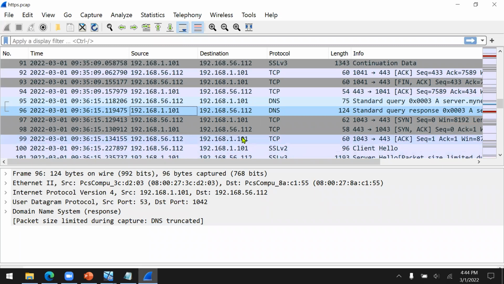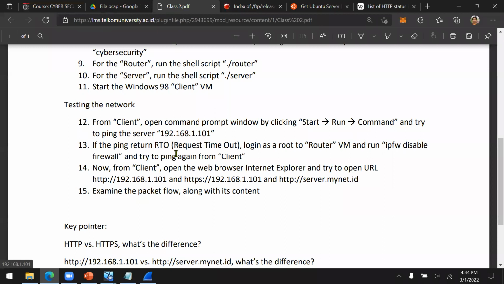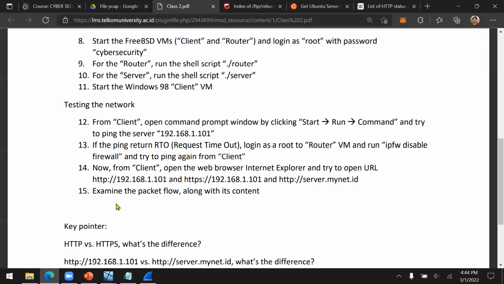Now, we already discussed HTTP, so we already finished this one. We already discussed ping, and we also discussed how HTTP traffic works, how HTTPS works, and how DNS works. Okay, we're not going to discuss how to set up a web server. Instead, we're just going to use it.